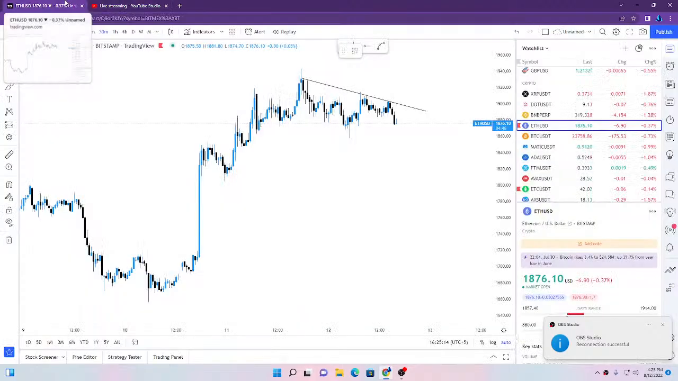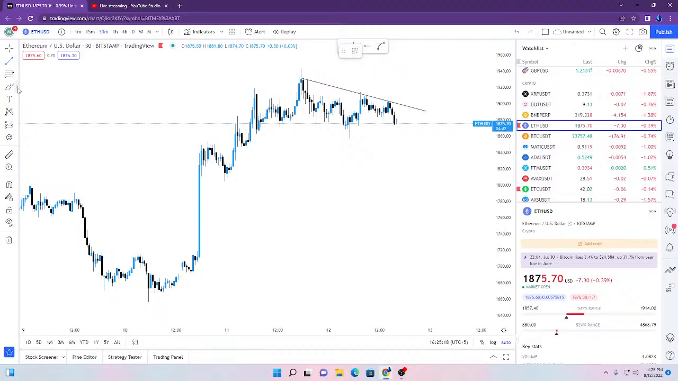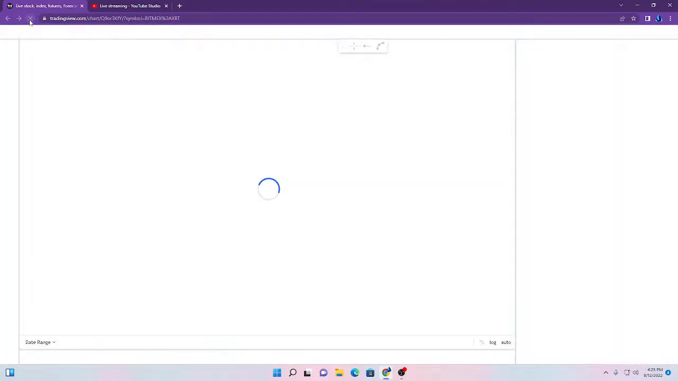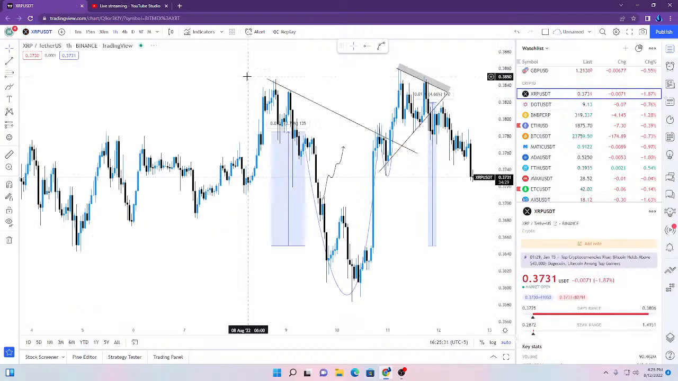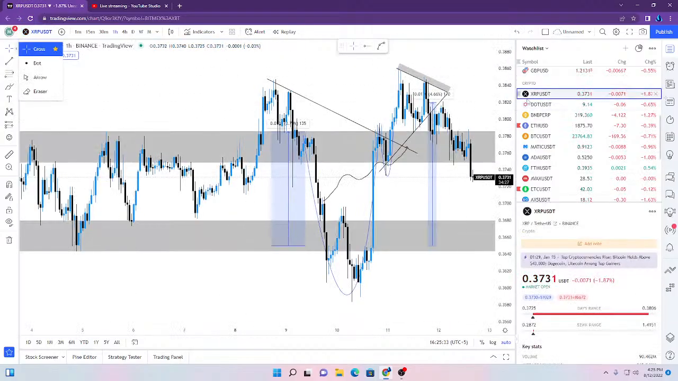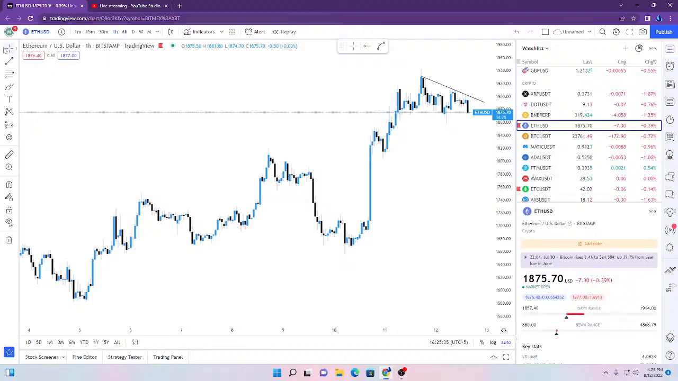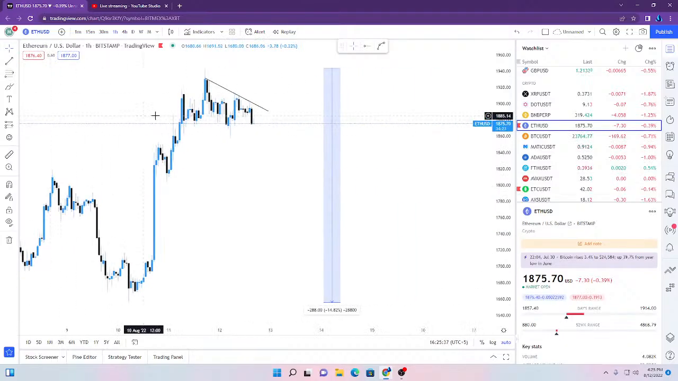Okay, sorry for the interruption caused. If you see closely, there's a strong trend line resistance from... sorry for the interruptions. Okay, let me go to the Ethereum chart once more. If you see closely, there's a very strong resistance for Ethereum right here, and